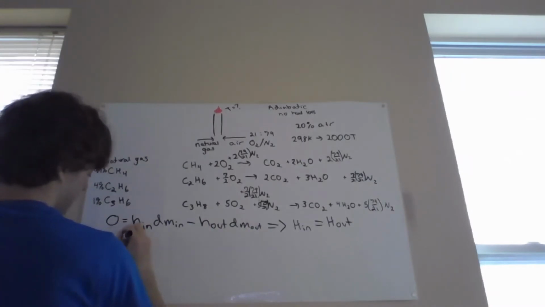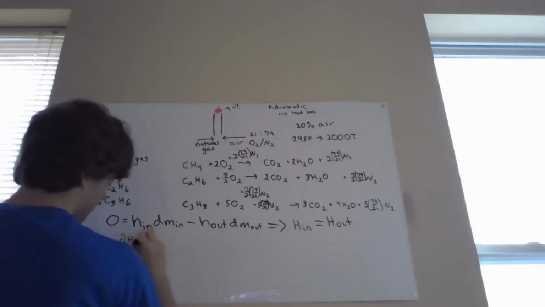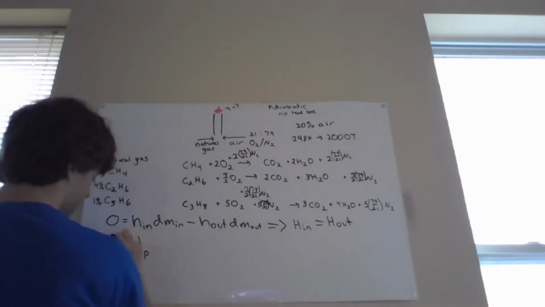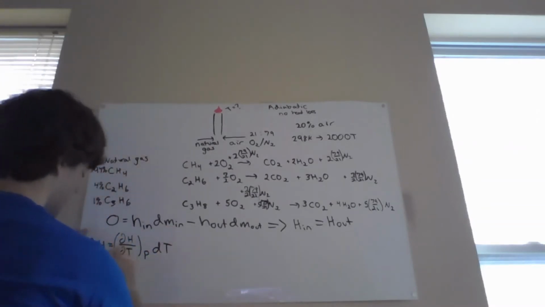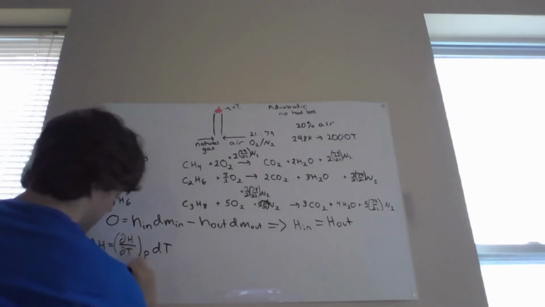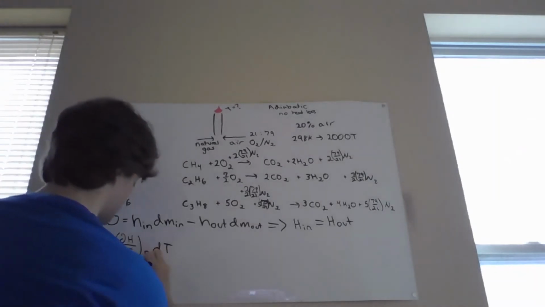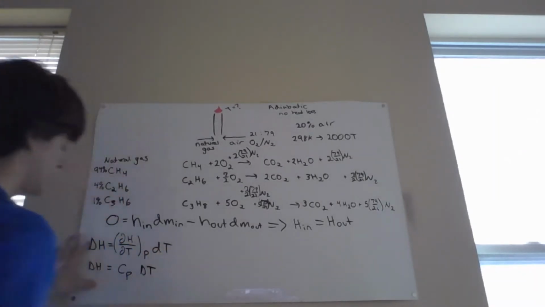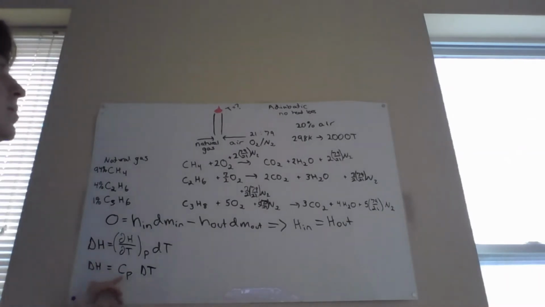through the partial derivative of the enthalpy with respect to temperature at a constant pressure times the change in temperature. So I'm going to go ahead and rewrite this. This can be written as the heat capacity at a constant pressure times the change in temperature. So usually this value is understood to be constant, but since we are